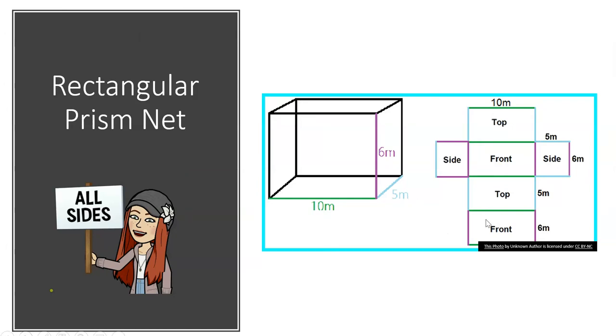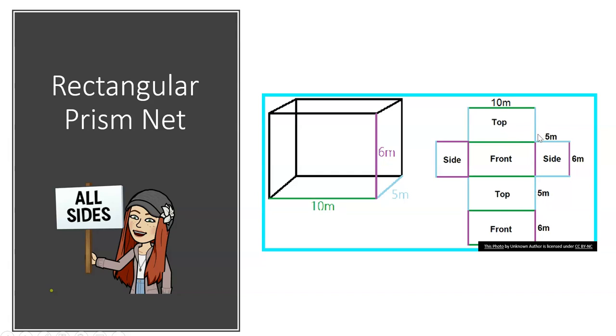Here we have the net of a rectangular prism, okay, and for this we would find the area of that side there, and those sides are the same, okay, so whatever the area is, we've got 2 of them, so times that by 2. Then to find the area of all these, you could find one rectangle and then times it by 4, or you can go, well, we know the blue lengths are 5,